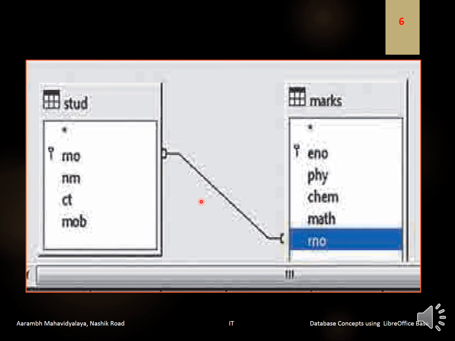In this way we can create the relation between these two tables. If we have a third table, then we can again create the link from this data to the same data in the other table. Therefore you have to remember that while creating the tables you have to keep one field common throughout the database.